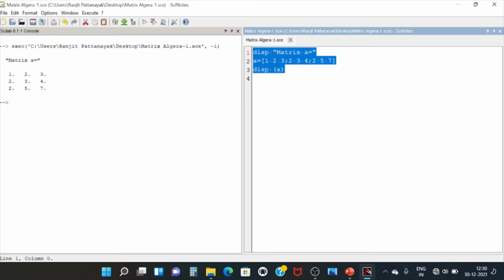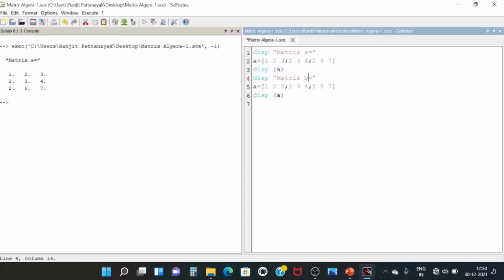Here I copied these 3 lines and pasted them over here, but I am going to change them to display matrix B. Suppose another matrix is B, defined as 1 1 2 in the first row, the second row as 1 3 2, and the third row as 3, 2, 2.